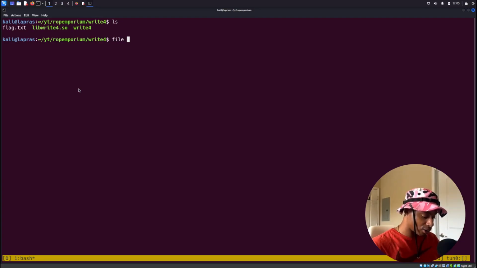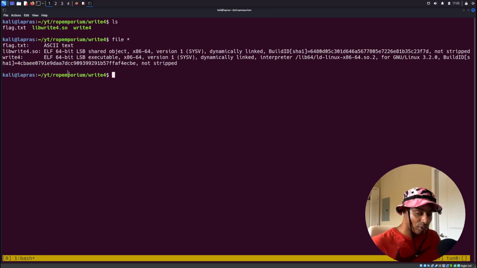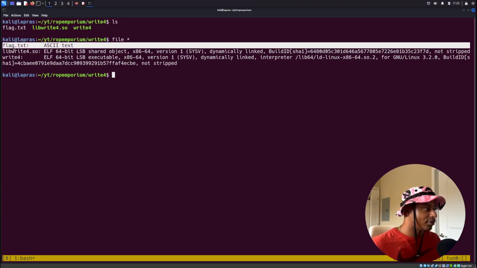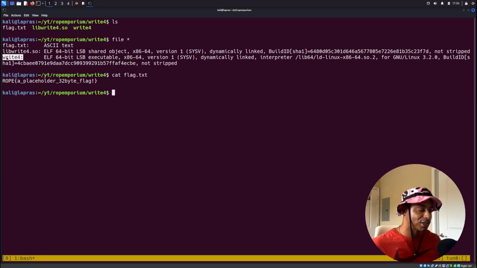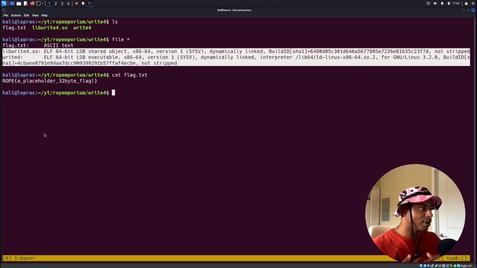I'm just going to do a file * to figure out what exactly is in this folder. If you've done capture the flag challenges before, typically you need to find the flag value. In ROP, they just give it to you. They give you the flag, and it's your job to exploit this binary to get it to print out the flag itself. So we have 2 binaries here, 2 ELFs. The top one is